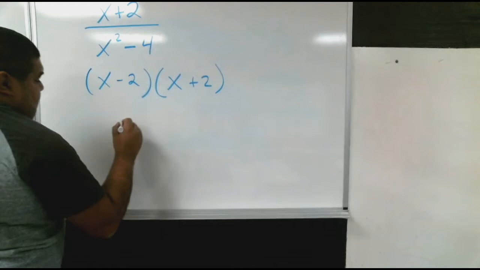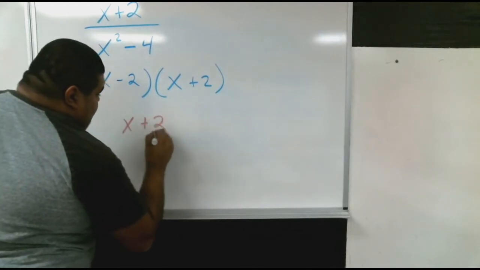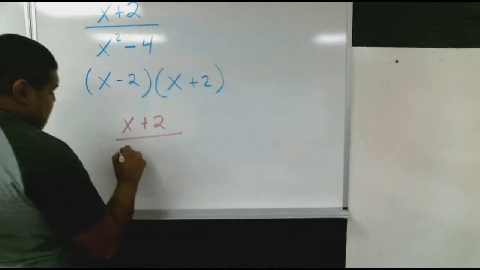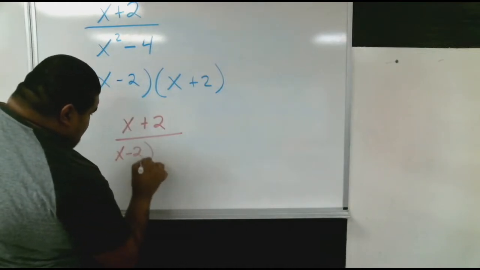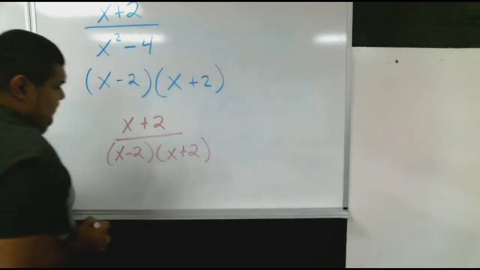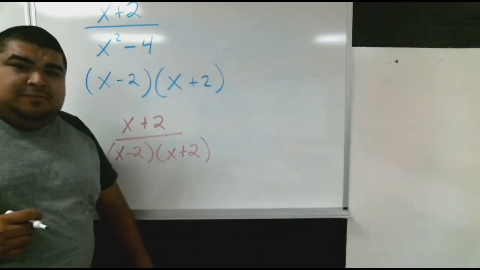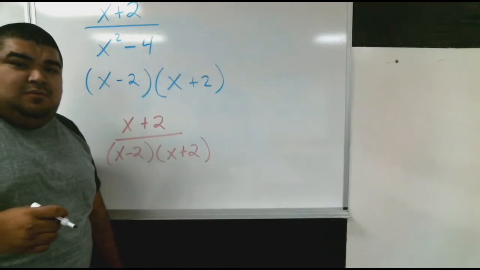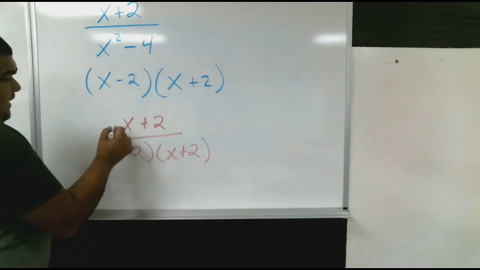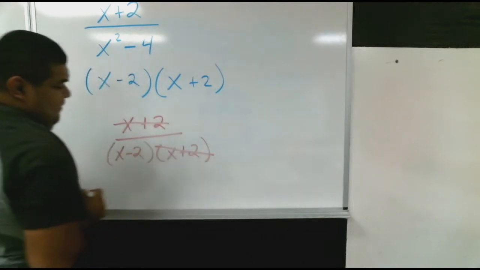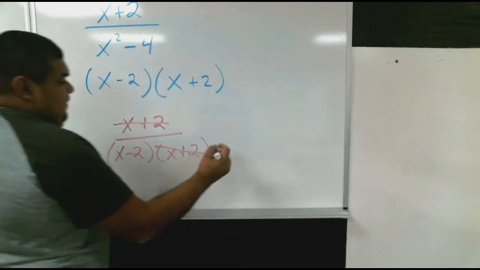So we have x plus 2 over x minus 2 and x plus 2, okay? Can we cancel something out? We can. We can cancel out an x plus 2 from here and an x plus 2 from there. We're left with